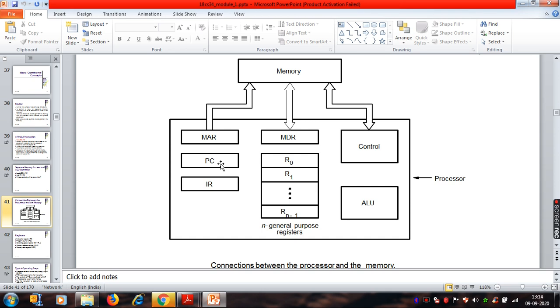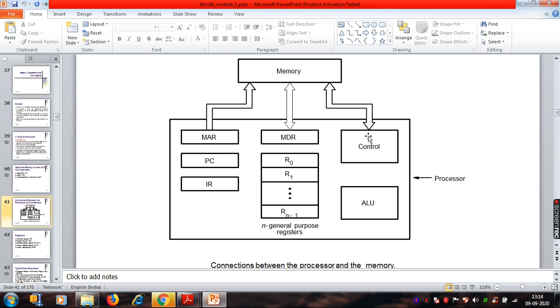Understand? The instruction register contains the particular instruction that is to be executed. That's how these two are related. If you take an example, ADD location A, comma, R0, then ADD is here. What is the address of ADD? That is here. R0 is here. Location A will come here. So the data from location A is fetched from here and stored here.